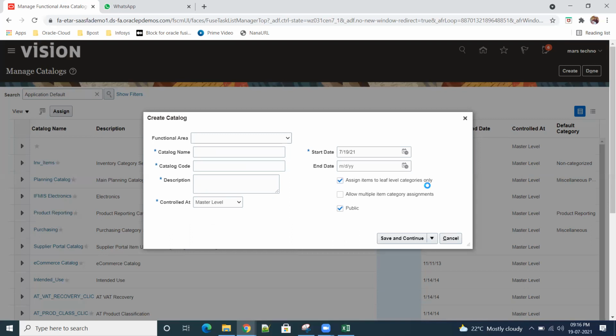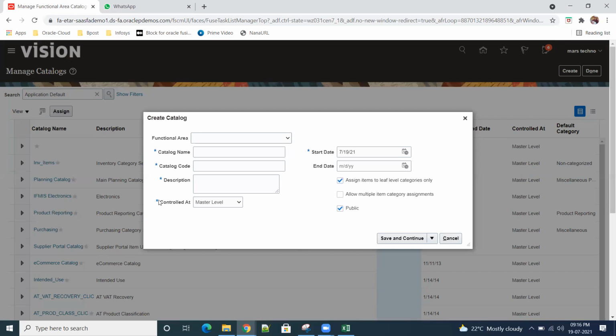For example, t-shirt is a category, so in the category t-shirts we'll see all brands. All the brands will be added to the category, but not to the catalog. The catalog is just like a book, and under the book, the categories you have are the main element to map with the item.